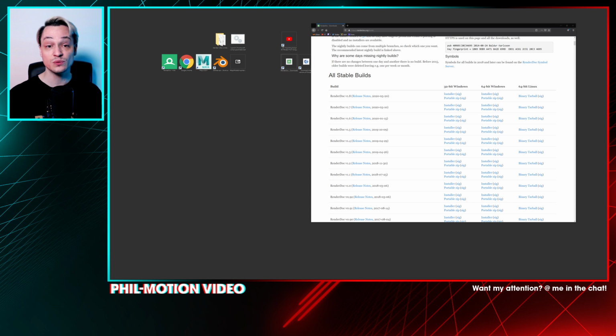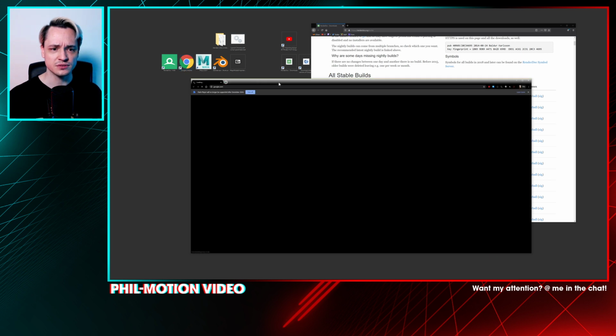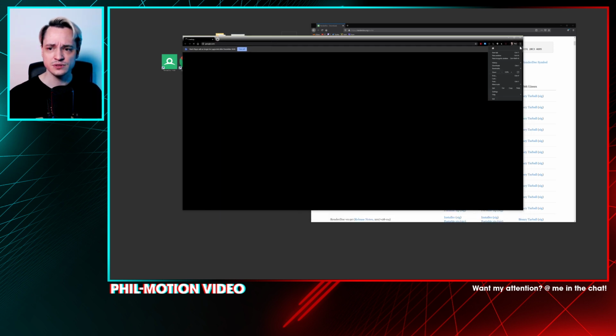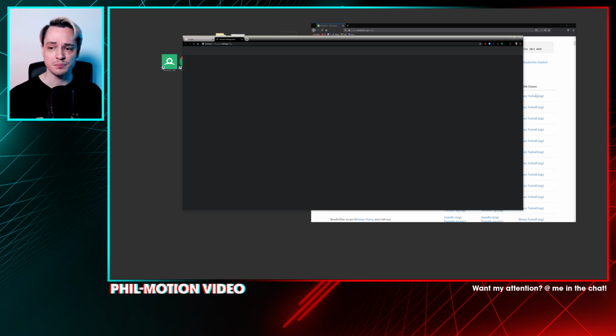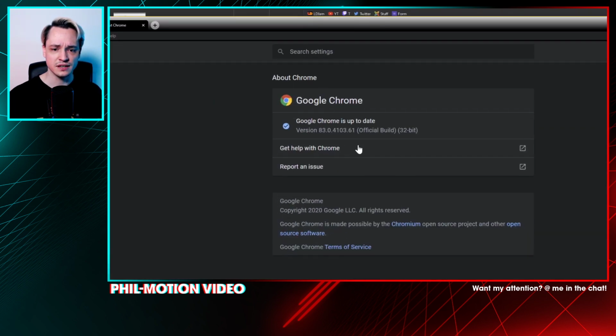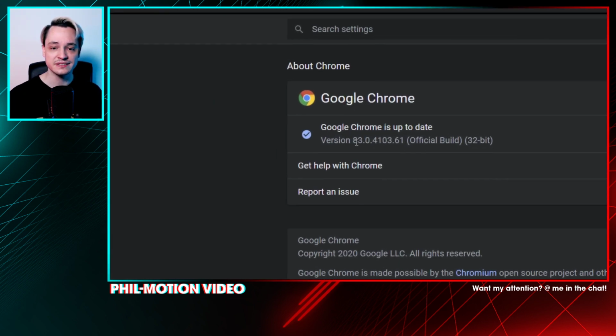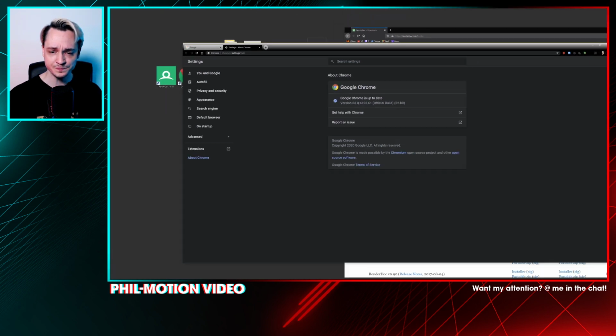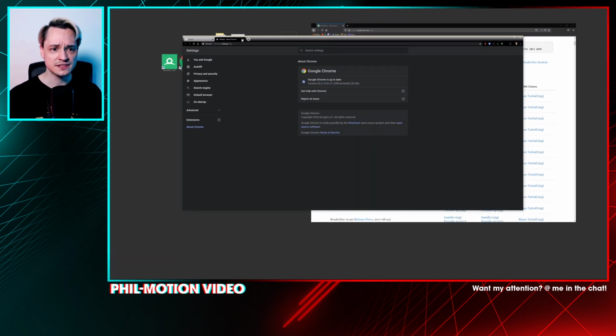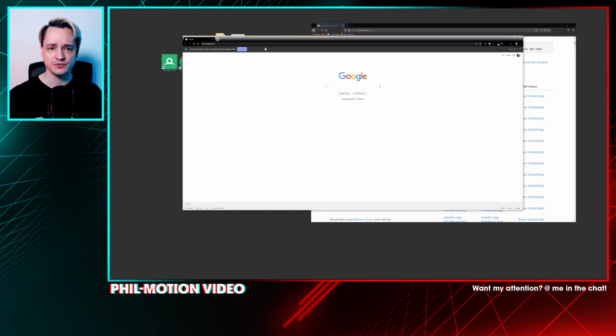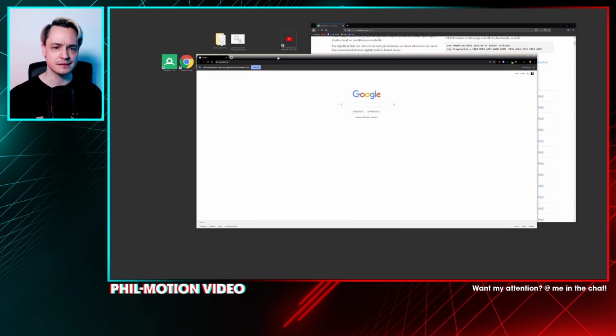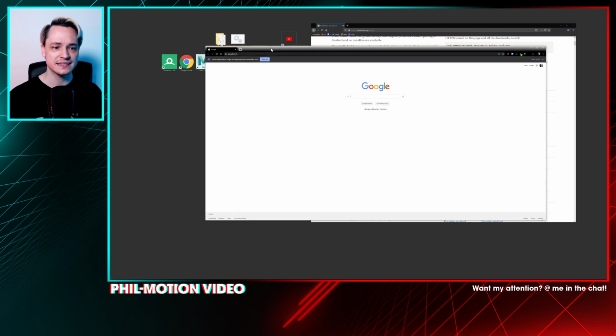The next thing that we need is an older Chrome version. Let me just check which Chrome I have right now, because as soon as you go to Help and About Google Chrome, it will start updating. So the version that I'm running here is 83.0. Not quite sure whether this will work or not. Apparently it's able to do the stuff that we need, but if it doesn't work, I will download an older